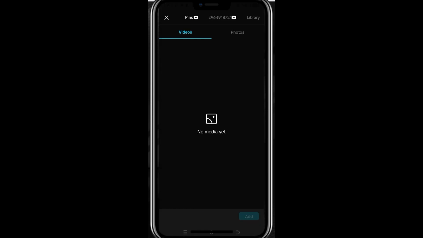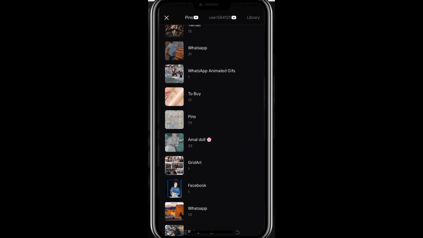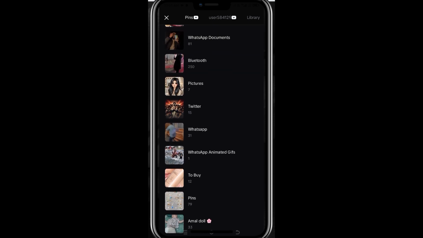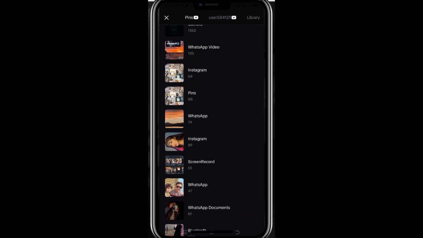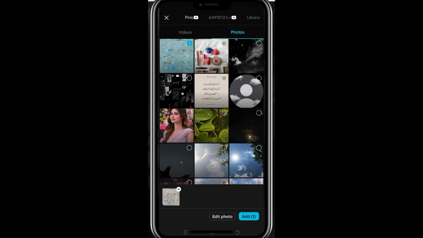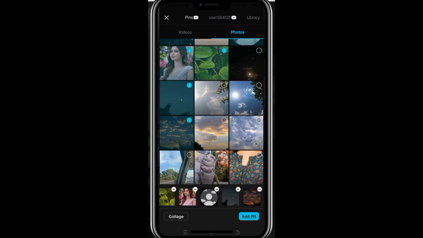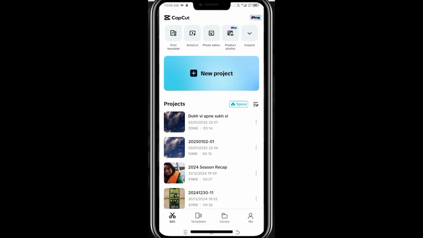Once you click on New Project, here we have two categories, which are videos and photos. So you need to go to photos, and here we have this album. You can click on it, and from here you can choose the album from which you want to add photos. Here we have the photo section, so you can select multiple photos like this. I will be going with 10 photos. Okay, now click on Add,